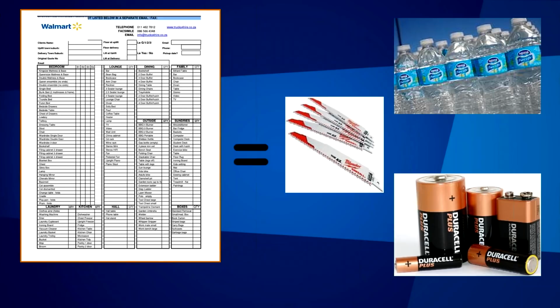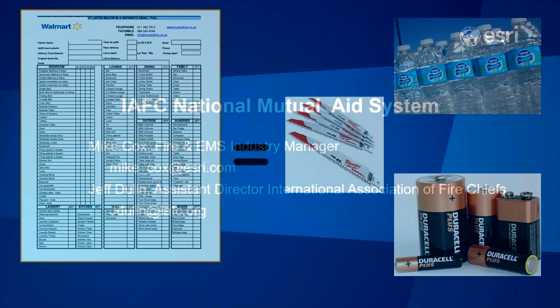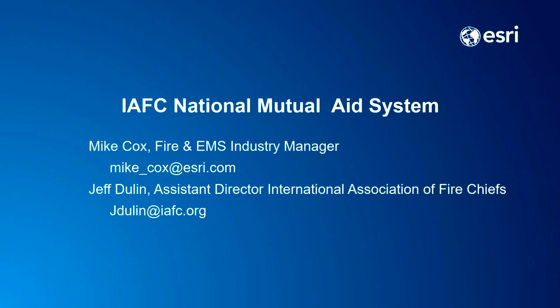with multiple private partners, having that logistical supply chain in place that not only can the incident commander engage, but those responding from across state lines would have access to, just all in the app, all in the National Mutual Aid System. So excellent work there, Jeff, on the IAFC side to engage those private partners to hopefully provide this kind of capability nationally. So that's all the description of National Mutual Aid System we have right now.